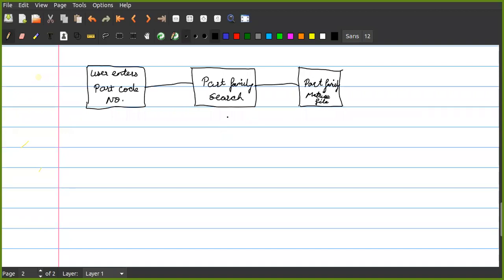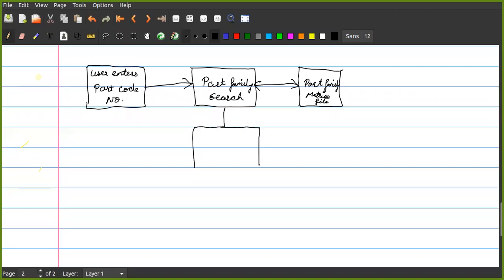So first you will enter the part to the part family search, then part family search will put it into the part family matrix, then the part family matrix will reply with the part family type. Then that part family will have a certain set of standard sequence.